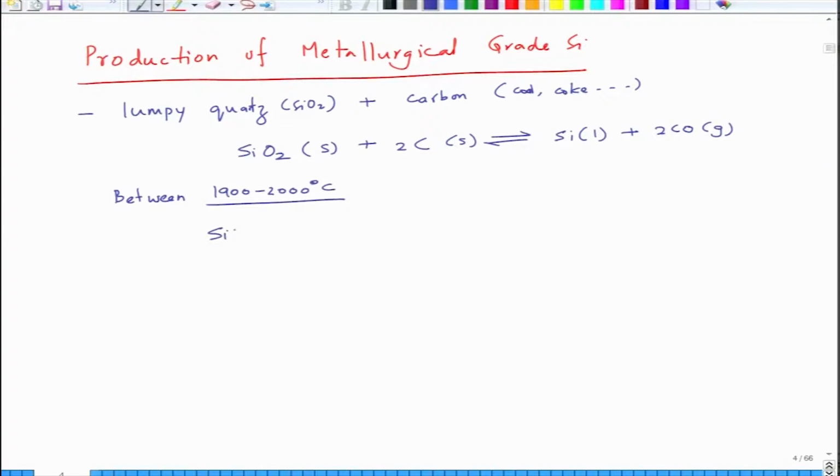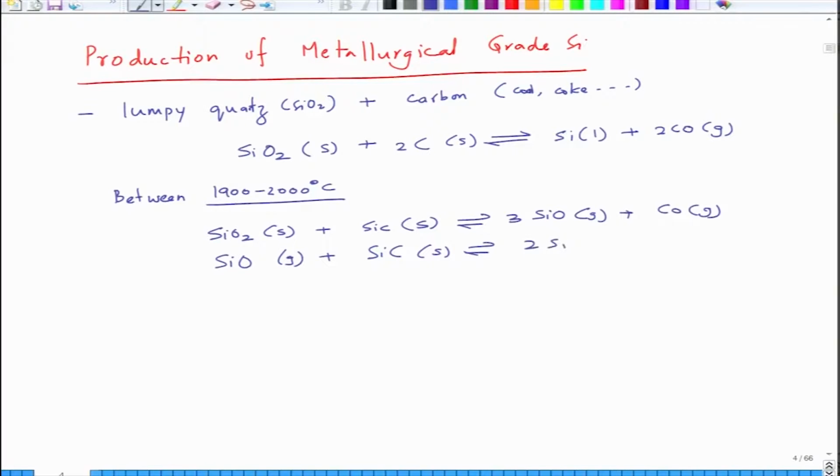Your silicon oxide in solid form reacts with silicon carbide in solid form to give you 3SiO in the gas form plus carbon monoxide in gas form. And then this SiO in gas form reacts with again silicon carbide in solid form, gives you 2Si liquid plus CO gas. This is a multi-step process, and below